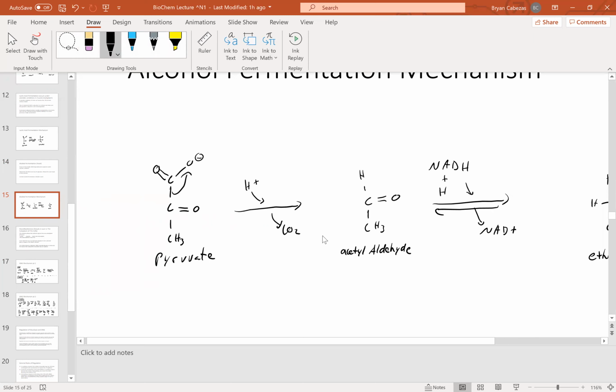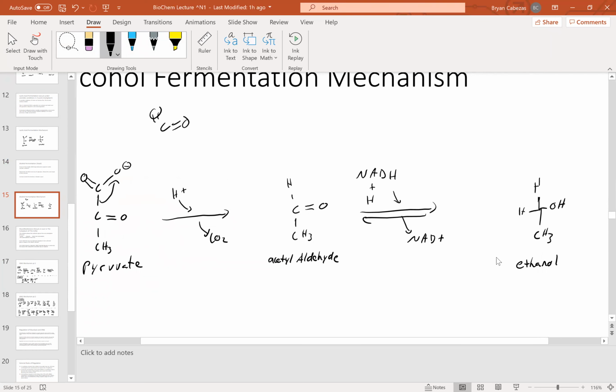Right, we're going to have this bond form a double bond rather than have a single bond between these two carbons. We're going to have the double bond occur between the carbon and the oxygen. We're going to have this form carbon dioxide, and the hydrogen is going to come replace that bond that was initially bonded to the carbon, and is going to make an aldehyde group, right? So we have acetaldehyde. This is a 2-carbon group, and then our NADH with another proton is going to reduce this carbonyl group until we have an OH group, which is going to be our ethanol.